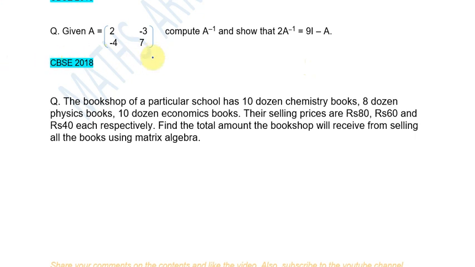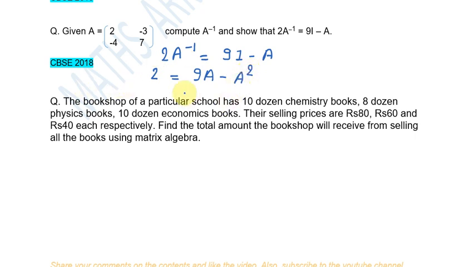So first you compute A inverse, which you have to compute anyhow. If that was not given, then we could have used the shortcut method, but anyhow let's just see that. It is given that 2A inverse is equal to 9I minus A. So what we do is take this A inverse across to this side. Now what do we get? We get 9, and A inverse taken to this side becomes A, so 9A minus A square.